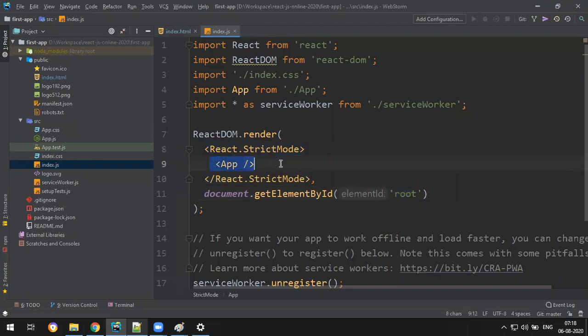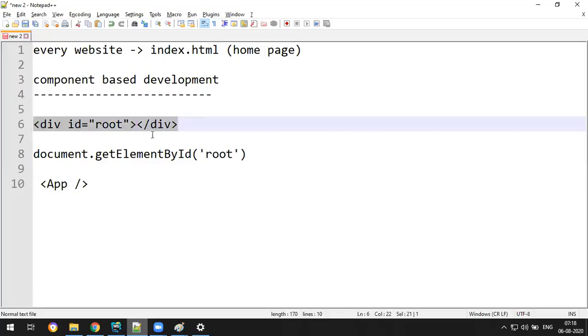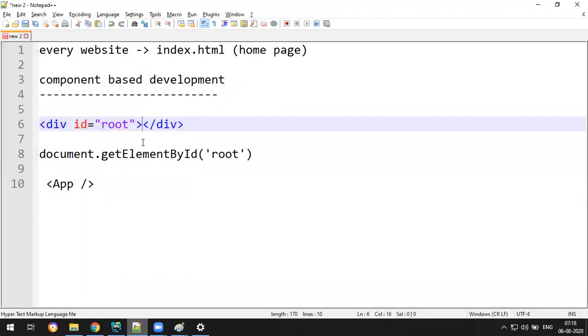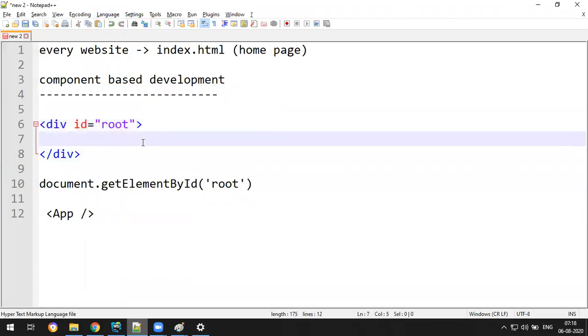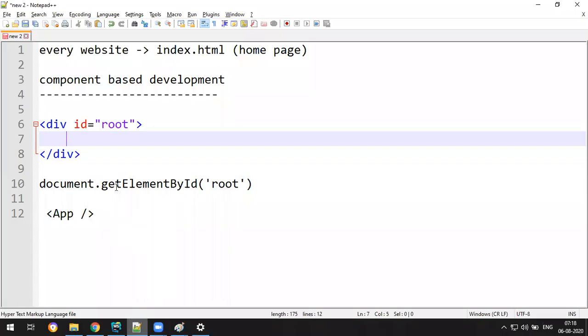What is this App? App is a component. It means in this place of the division, let's say in HTML, in this place of the division, they are writing, see here, getElementById, and in that place they are rendering this App. It means in between they were adding this capital App.